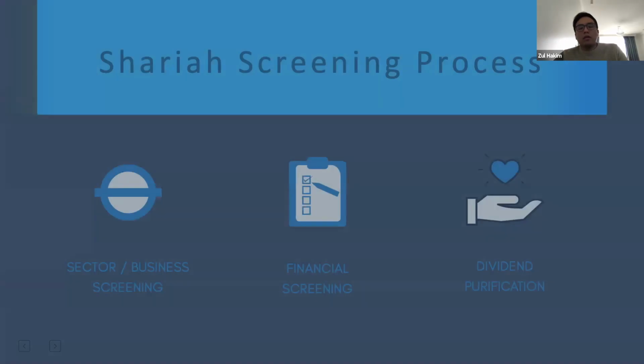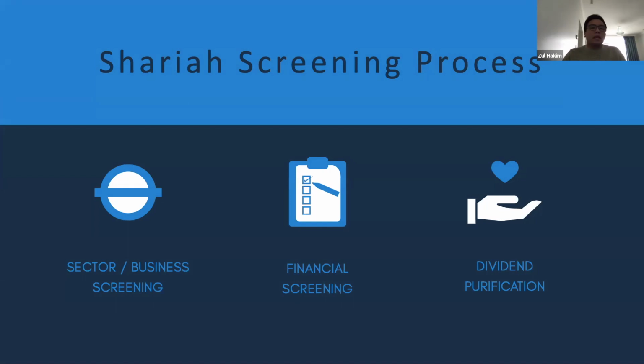Okay, moving forward, a very brief explanation of how the Sharia screening process works. For any company to be identified as Sharia compliant, it needs to go through these three sets of screening. Again, what is the Sharia screening process? It is a set of screening processes based on Sharia principles that is applied by investors to identify Sharia compliant companies. And why do we need this screening process? Because